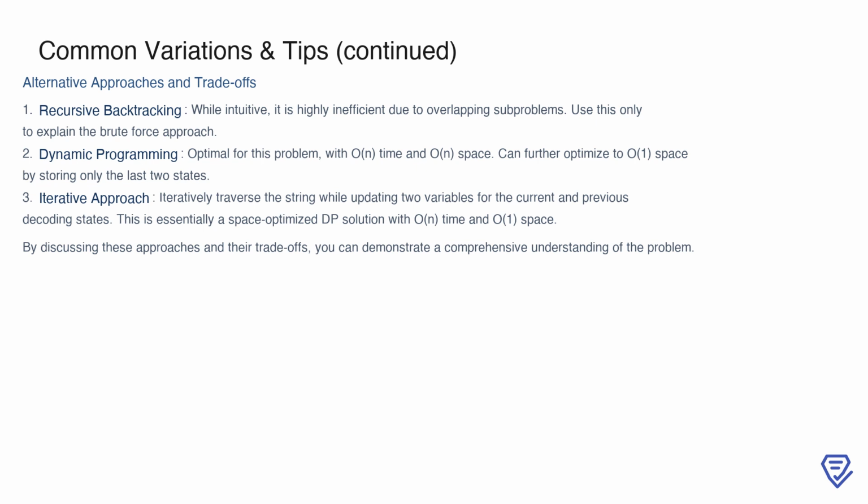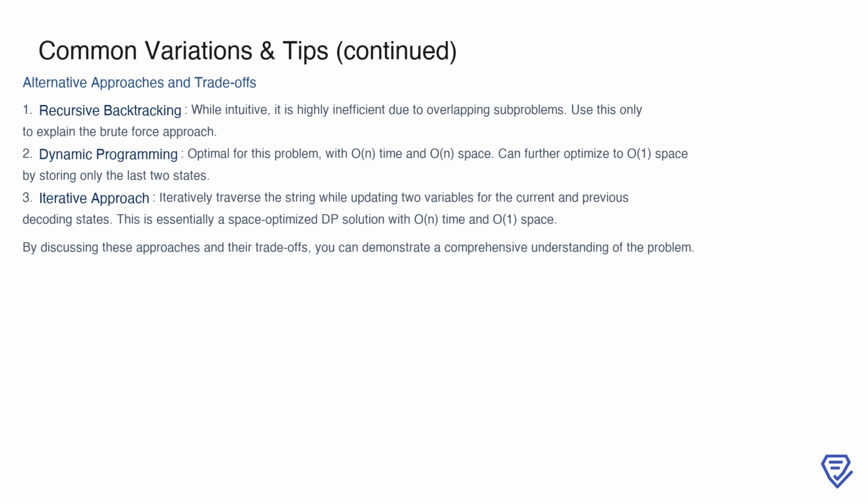When considering alternative approaches, it's important to understand their trade-offs. Recursive backtracking is a natural starting point for understanding the problem but is highly inefficient due to overlapping subproblems. It should primarily be used to explain the brute force approach conceptually, as it's not practical for larger inputs. Dynamic programming, on the other hand, is the optimal approach for this problem. It achieves O(n) time complexity and O(n) space complexity by leveraging a DP table to store intermediate results. For even greater efficiency, you can optimize the space complexity to O(1) by maintaining only the last two states needed